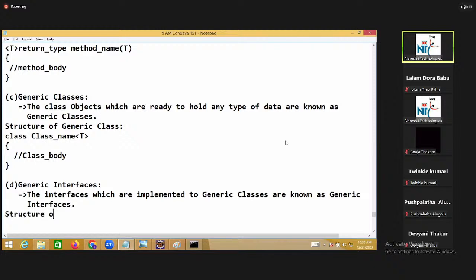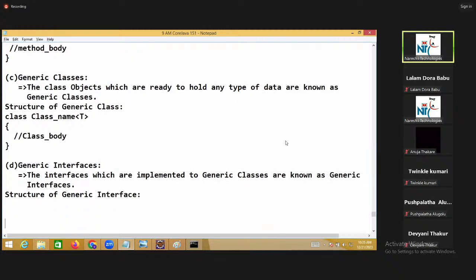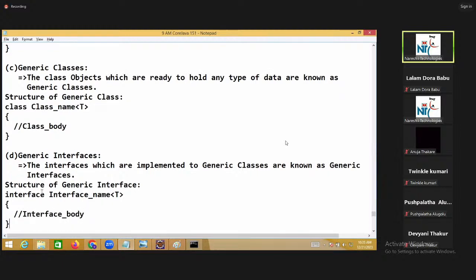Structure of generic interface. Interface name. Interface body.